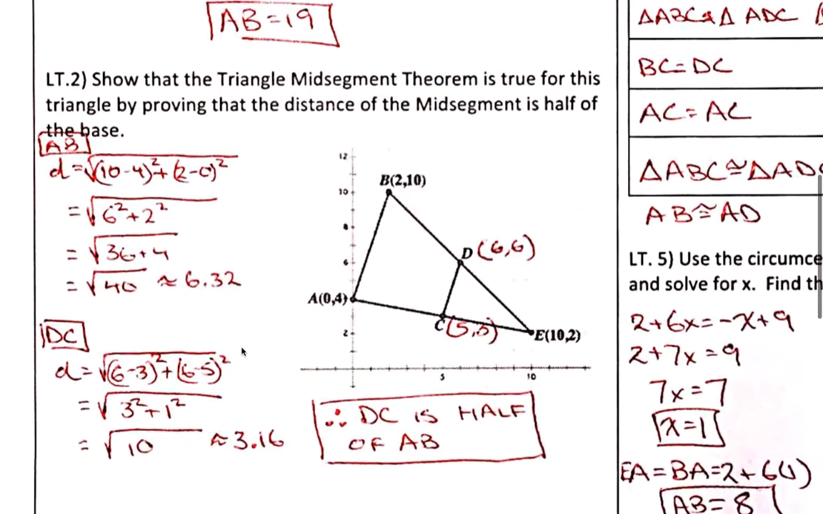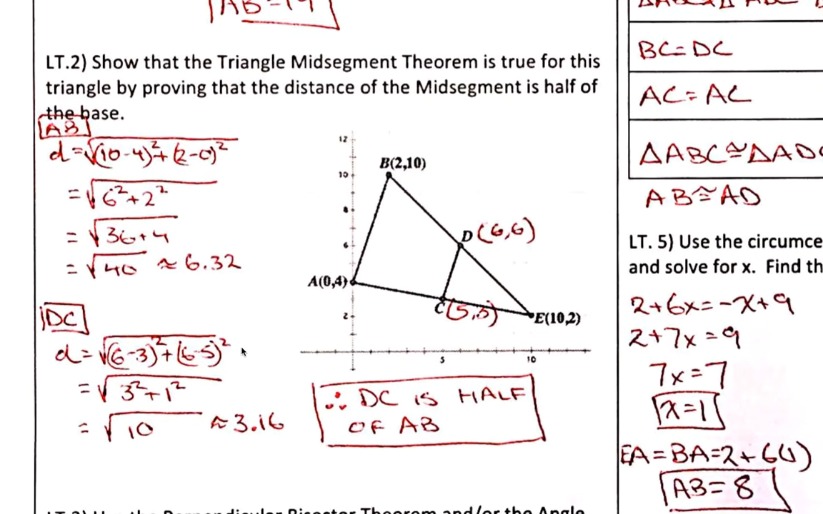All right, here you've got, I guess I have two options I could give you. One, I could ask you to prove that the distance of the midsegment is half of the base, like we saw in Learning Target 1, or I could ask you to prove that they are parallel. In this case, obviously, I asked you to prove that the distance is half the base, and if I ask you to find that the distance is half the base, well, you're going to have to use the distance formula